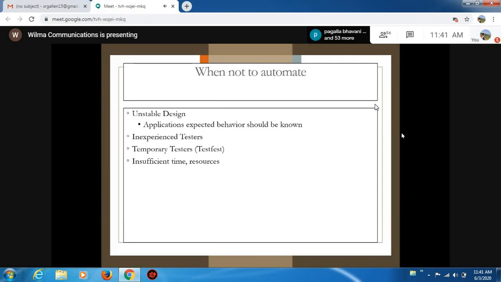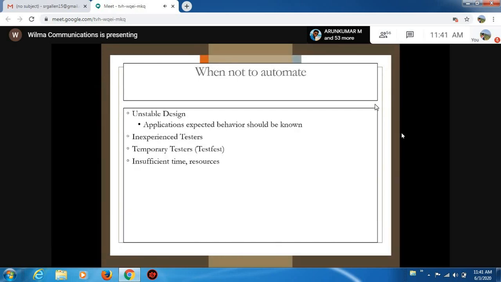Unstable design. If your application is not stable, if your requirement is not stable, we cannot go for automation. Why? Because we have open source tools, and at the same time commercial tools. Most commercial tools are licensed versions, which are more costly products.